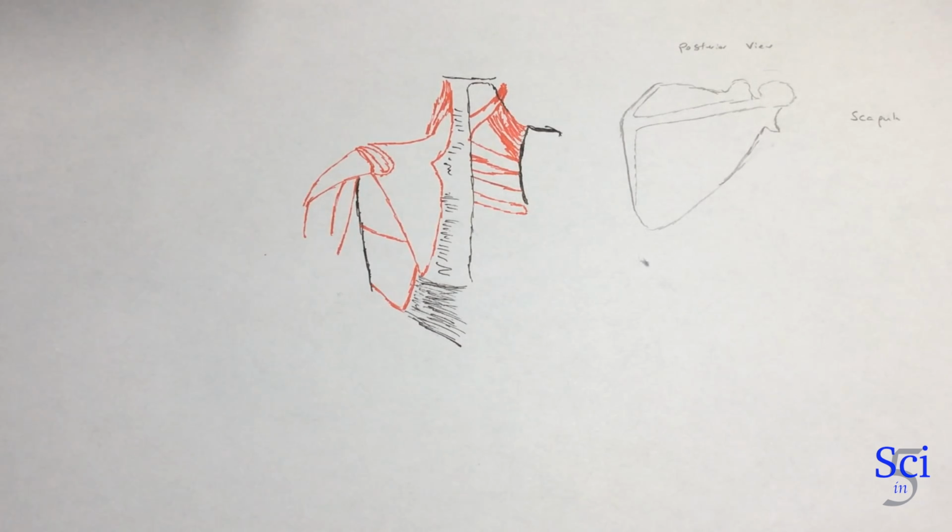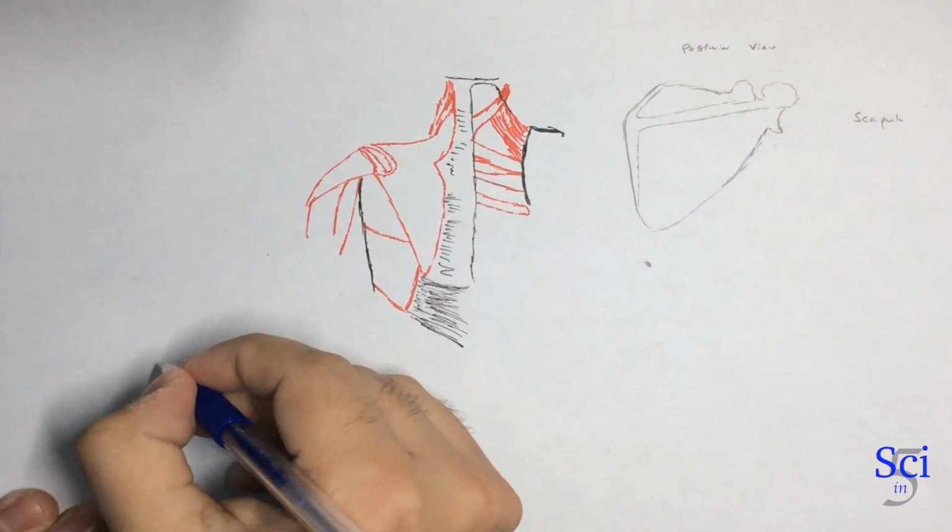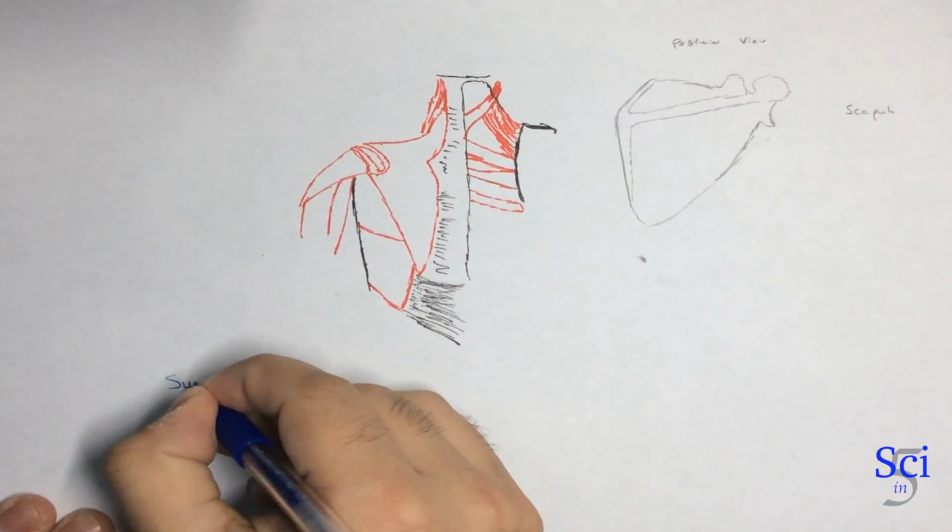So now we're going to get into the muscles of the back. We're going to first start with the superficial and intermediate muscles, and then we're also going to have the deep muscles in the next video. So just so you know, for our superficial muscles,